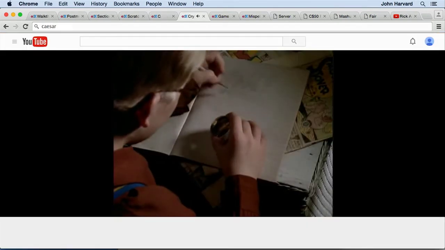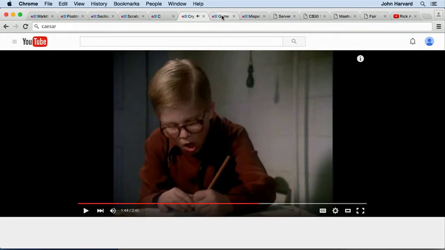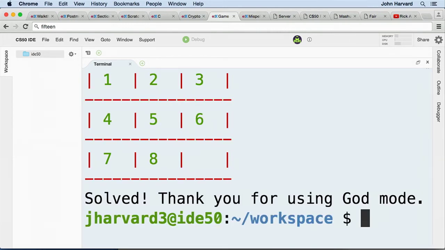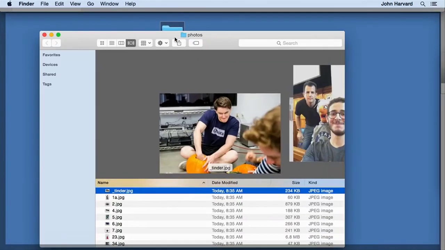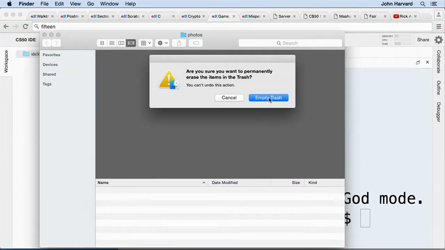We'll then explore the world of cryptography, the art of scrambling information, and you'll write code with which to encrypt and decrypt secret messages. After that, we'll implement a game of 15, and you'll create something that you and your friends can play. And then we'll look at forensics. I'll accidentally delete some photos, and you'll need to write code with which to recover them. After that, perhaps our biggest challenge in C.